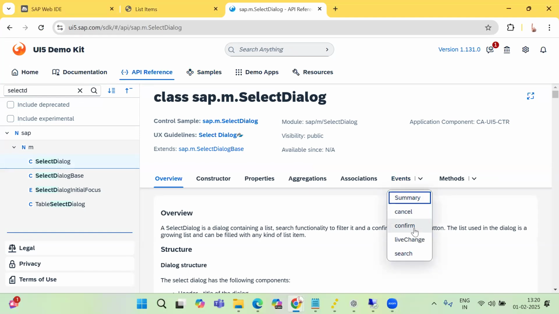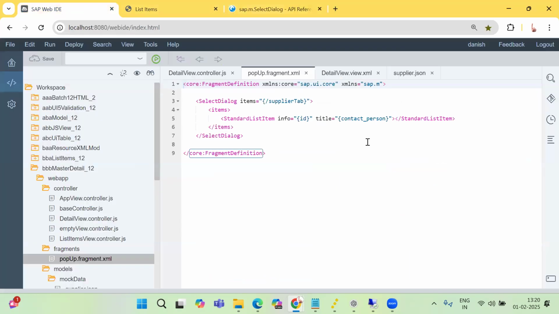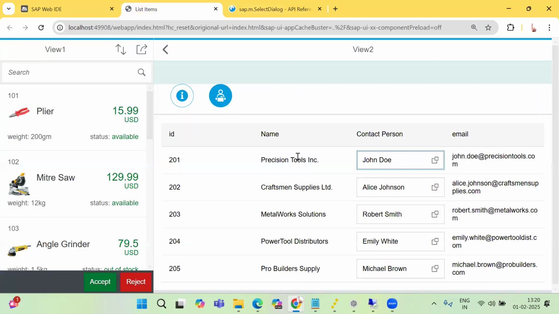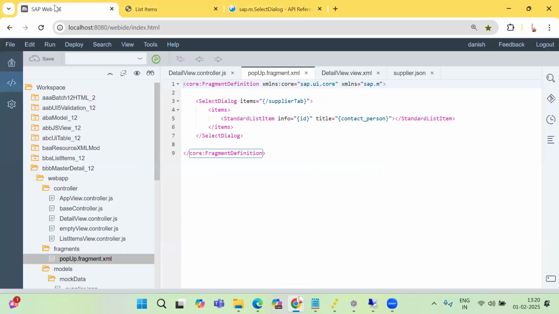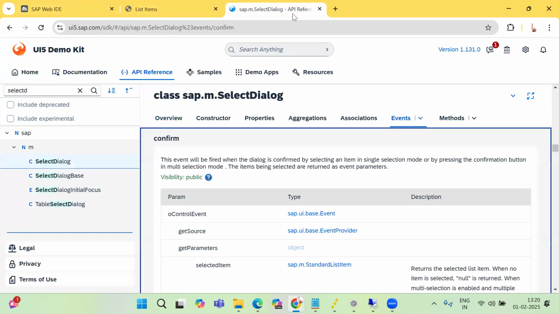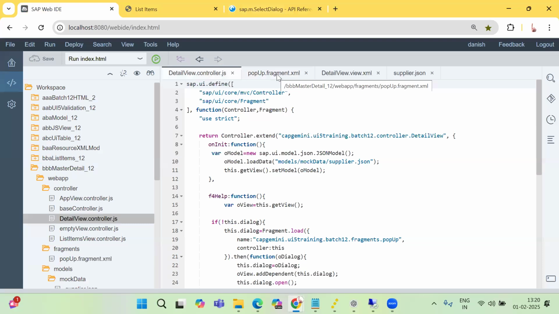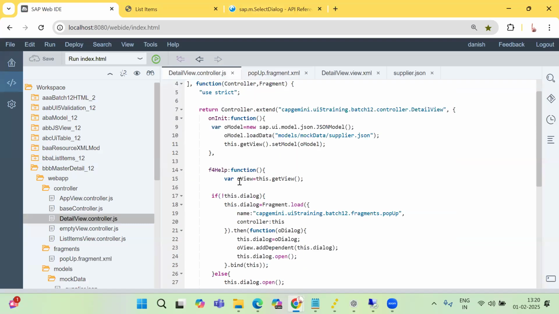event. It means that when you do a selection over here, click on it, it confirms that, yeah, this is what you want to hit, confirm. It confirms that. So there's a confirm event for it. So I'm going to copy this confirm event, and I'll just try to paste it on the detail controller where my F4 help is, just on top of it, and then write the function,